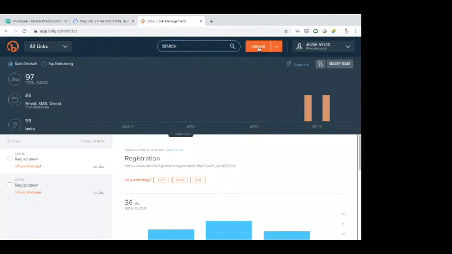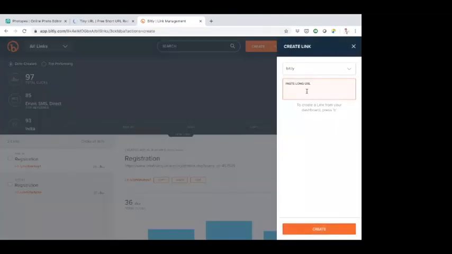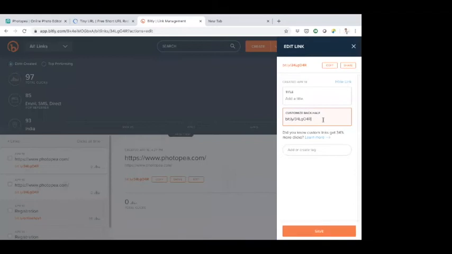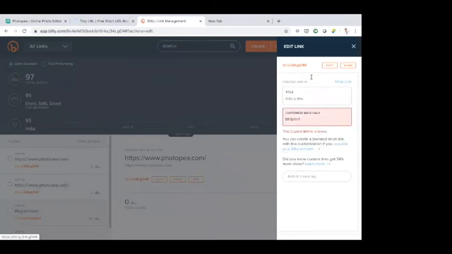So what you have to do is click on create, paste your long URL here, whatever it is. All right, I'm just pasting it here. Now click create. Now you can actually customize the back half. Like here there is 34LGO4R coming. You can actually change it to online HP with somebody. These things you can do and then click save. Once you click that, you will have the link created.